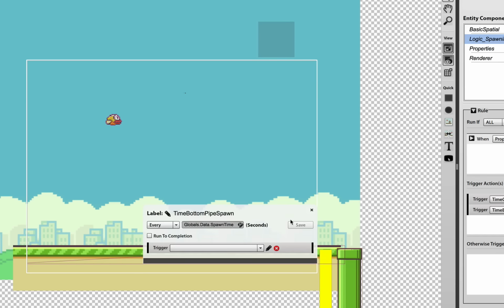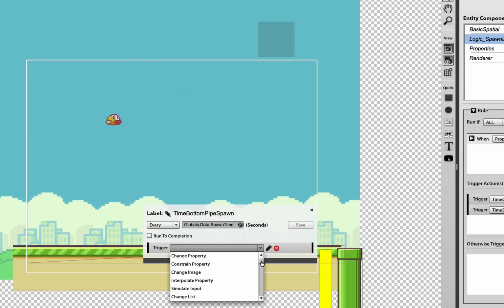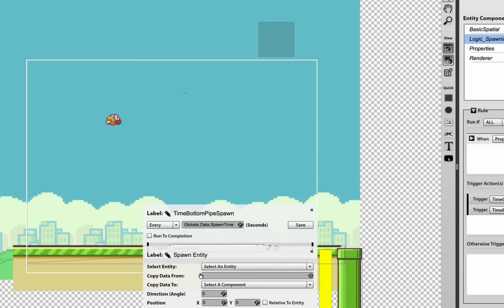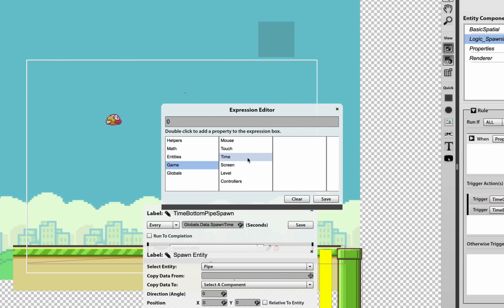Save this and then open it. And we want to spawn an entity. So we want to point to the pipe. That's the template we're going to use. We want it to be positioned on the right side of the screen. So we're going to take screen width, remove that 0 value. And we want the